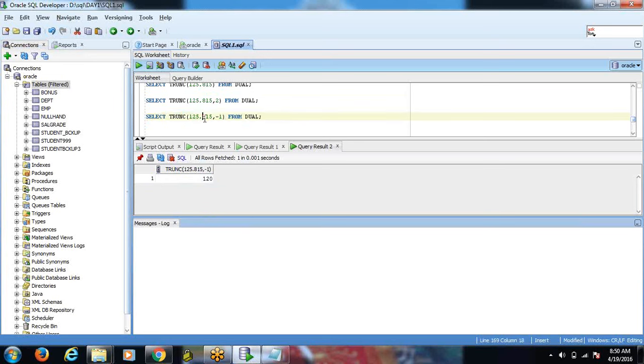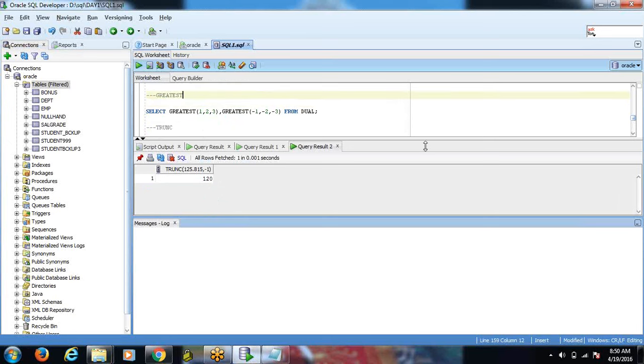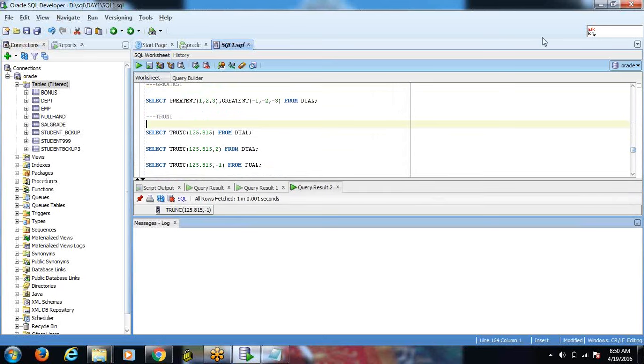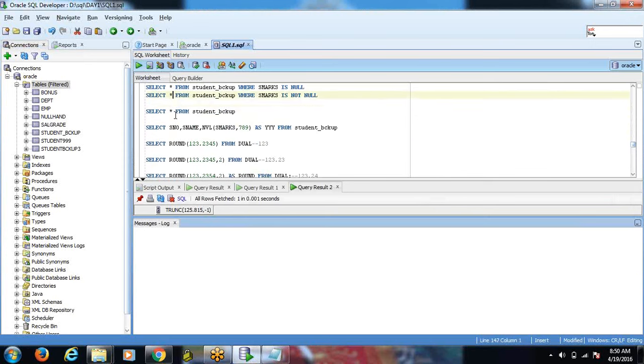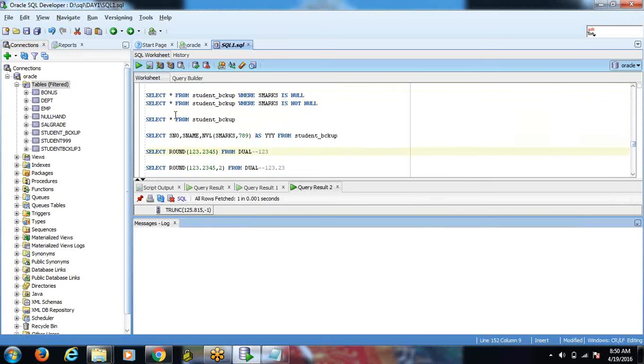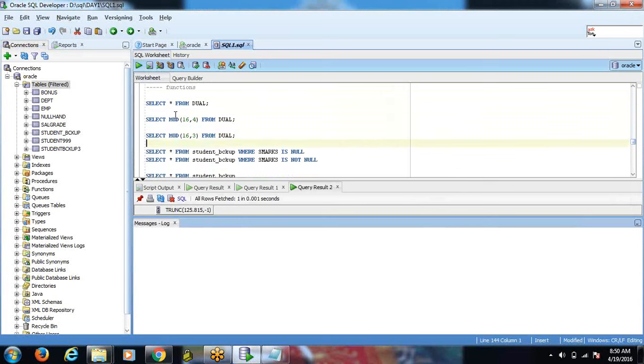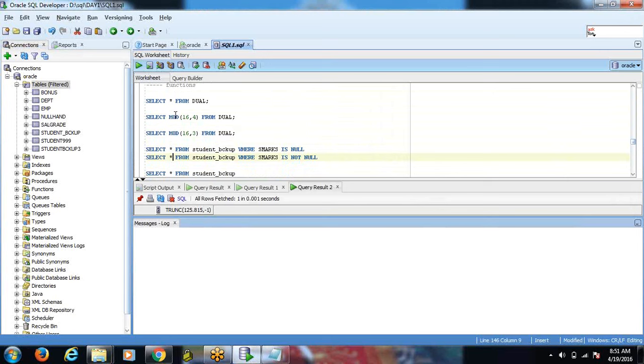These are all the different types of numerical functions we will use in our SQL. And there are so many numerical functions. If you are digging into the newer versions, each and every version comes with different types of numeric functions. But these are some of the numeric functions which we discuss mainly and which we will use mainly. What is the first one? The first one is the modulus function. I clearly explained what the modulus is. It will retrieve the remainder, whereas the division will retrieve the quotient.